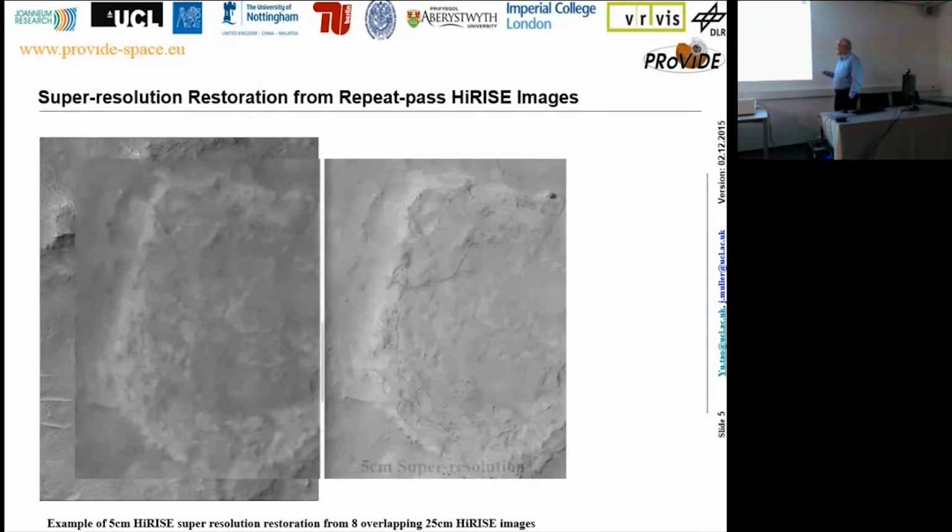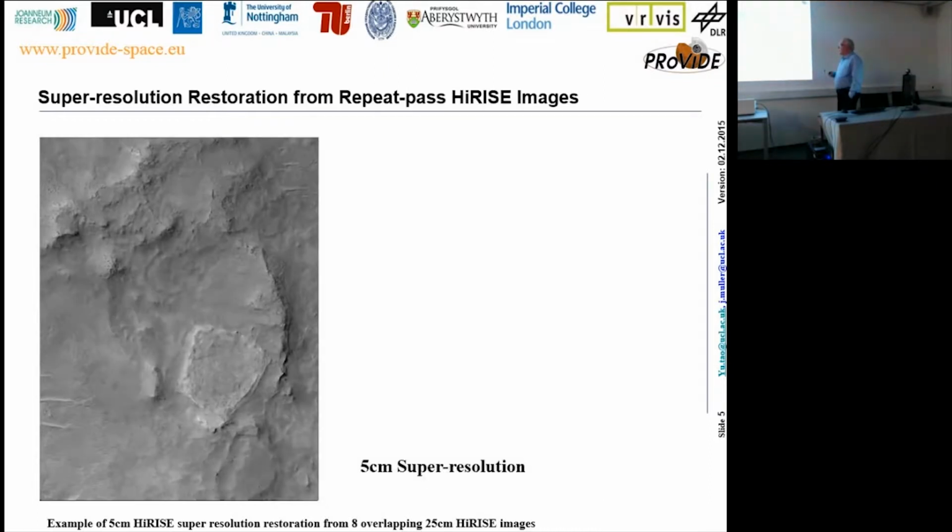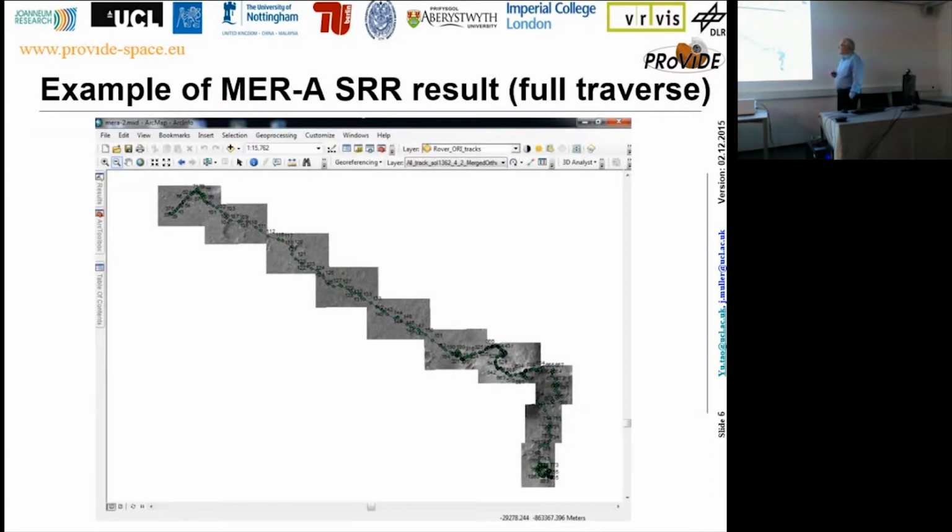And finally, what I think is the most convincing is on the left is an orthorectified image, on the right is the super res result, and you can see quite clearly that you have these features, which are quite obviously the tracks of the rover that have taken place during that time period. So, starting with that, we've then each one of these 2,000 samples by 1,000 lines takes 3 days